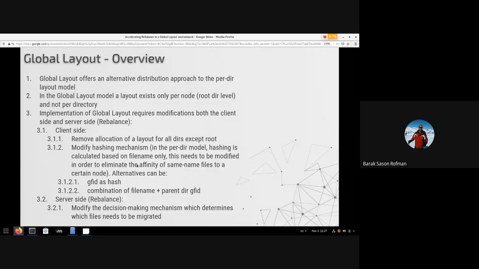So one of the main things we need to do on the client side is modify the hashing mechanism itself. And based on previous discussions, a couple of alternatives came up, either using the GFID itself as a hash, because the GFID is completely random. Though I remember previous discussions mentioned that some other supporting mechanism needs to be implemented in order to make sure this approach works in a good way. And another alternative that came up was to use a combination of the file name and the GFID of the parent directory